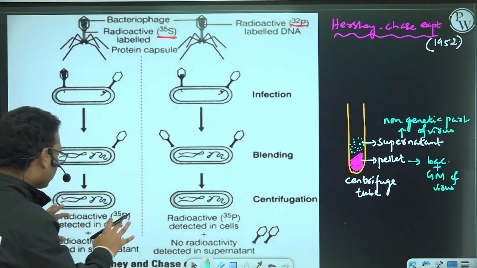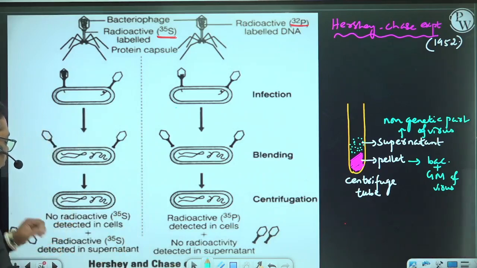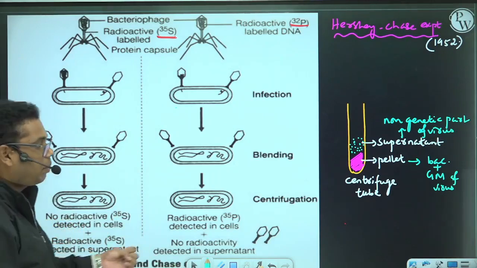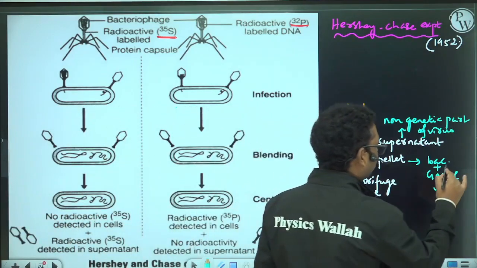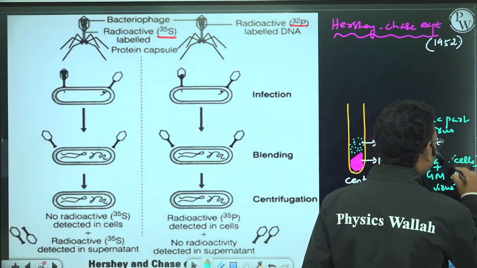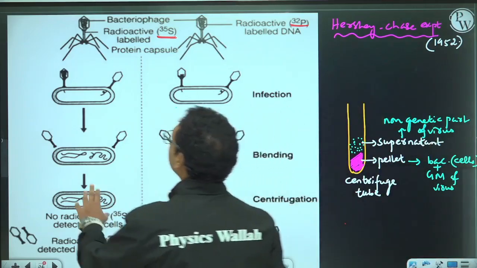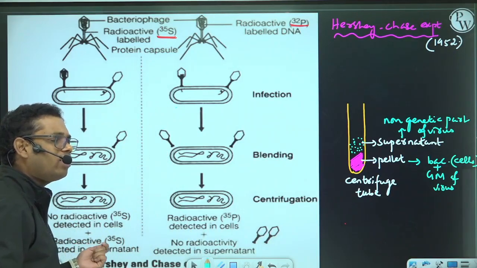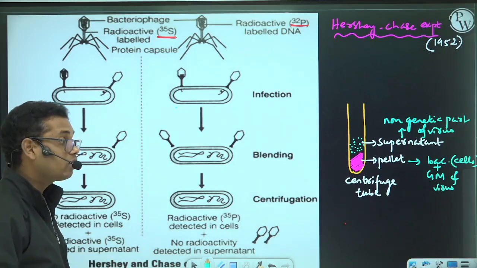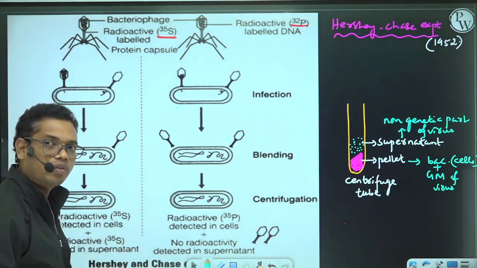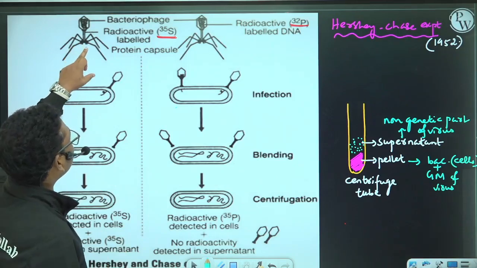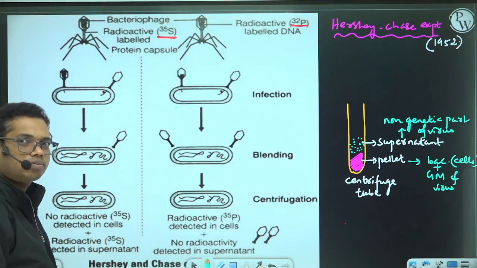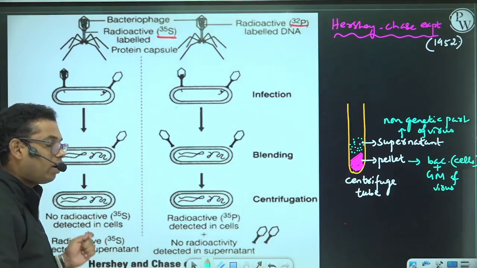Okay, so in the first case, they observed that, see, bacteria means cells. Bacteria means what? Cells. So in the first case, they observed that the pellet did not show any radioactivity. That means the bacterial cells did not show any radioactivity. And in the first case, which was labeled protein, that means the protein did not enter into the cell. I repeat, the cells or the pellet,